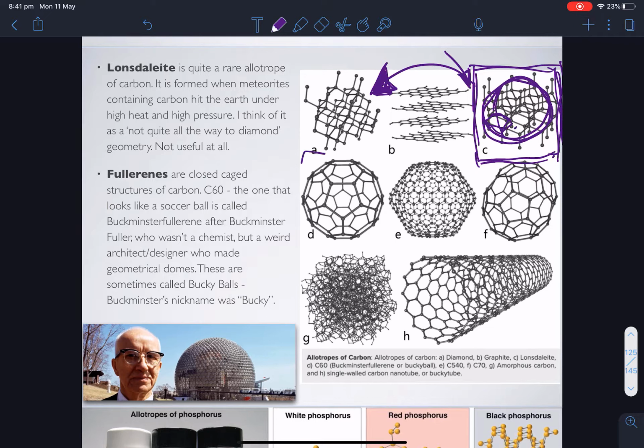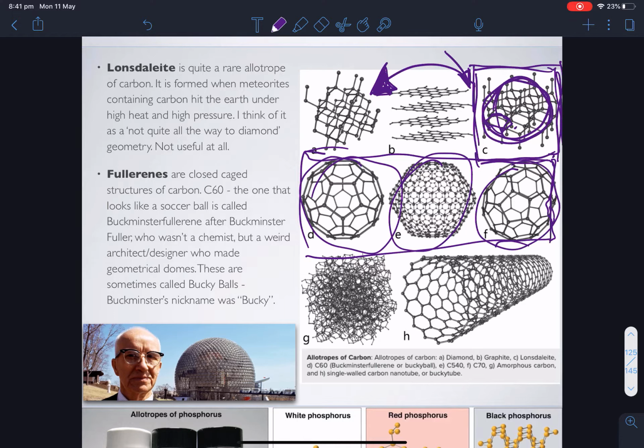These other ones in here, D, E, and F, are called fullerenes, and they call them cage structures, sometimes balls of carbon all bonded to each other. Sometimes this one looks like a soccer ball. So carbon 60, which I think is D, yeah? Carbon 60, C60, meaning there are 60 atoms of carbon, is called Buckminsterfullerene, a very big name, but